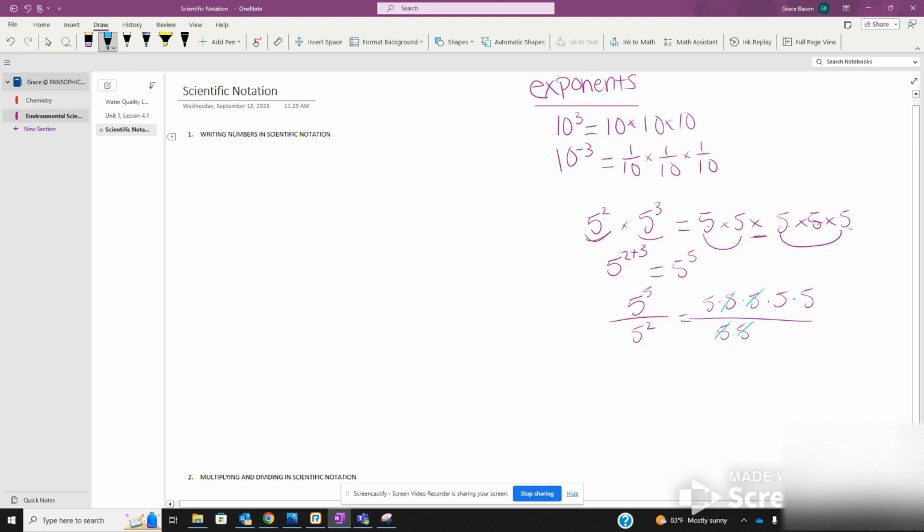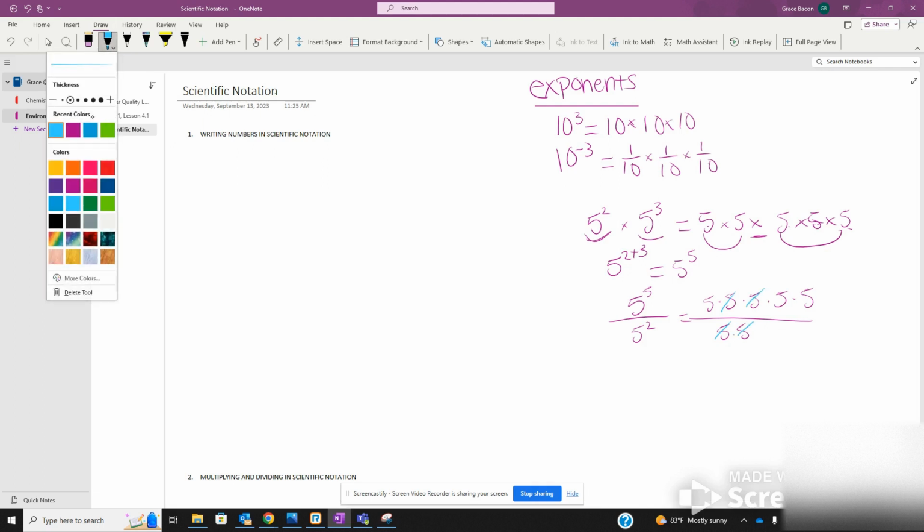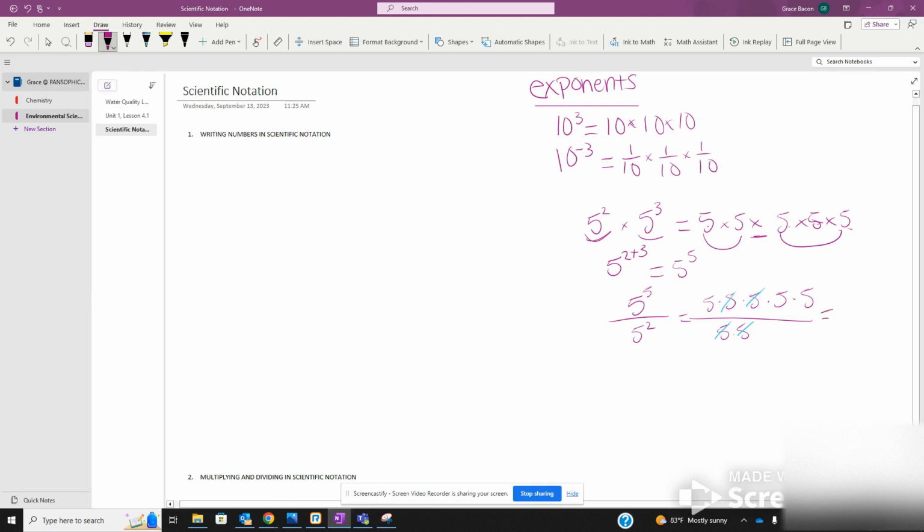And I'm going to be left with only the ones on top. So then I'll have 5 to the third. And really, again, I can look at it and say, well, really all I did is a little bit of subtraction to get that same value. Okay, so hopefully that all felt at least a little bit familiar, even if it's been a while since you've thought about it. And we're going to use all of that